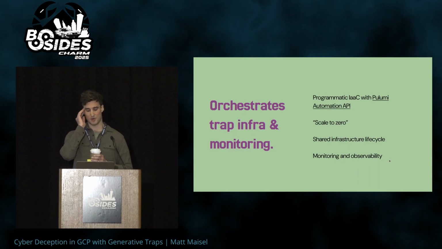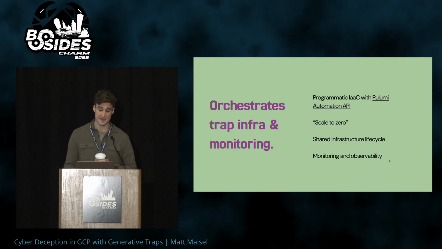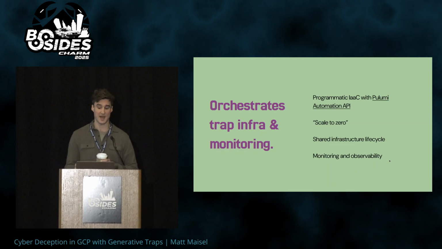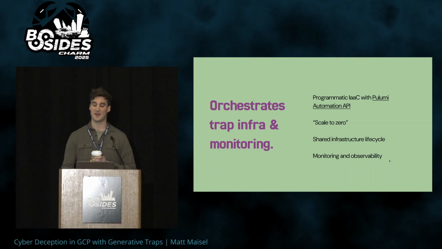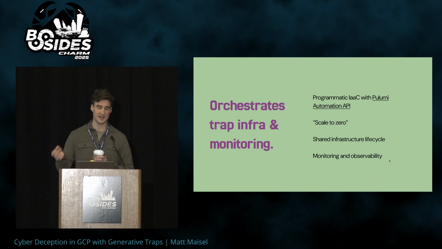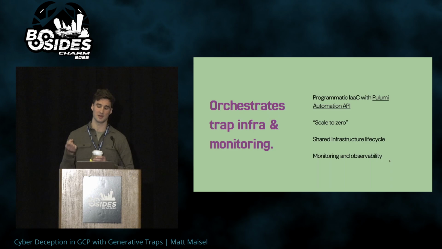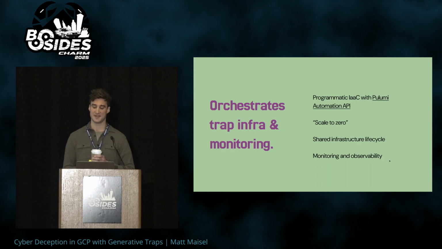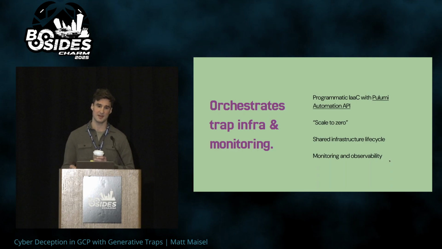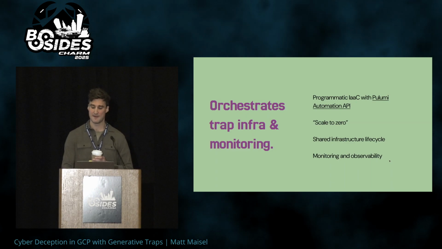The second thing Poltergeist does is help with the orchestration of this. The Pulumi Automation API is used to plan and apply infrastructure against your cloud provider, against GCP. And then it sets up interactions. Whenever there are any interactions with any of the trap resources, it sets up logging with a router to Cloud Logging to have any emitted activity sent to another GCP project for the security team to look at.